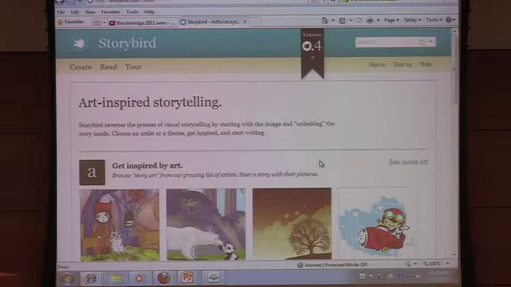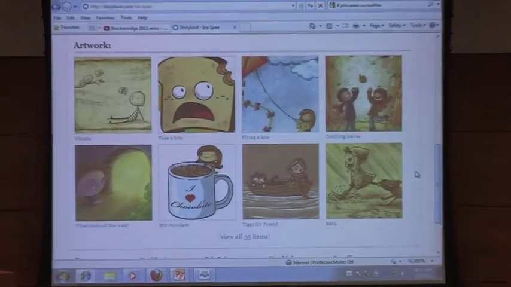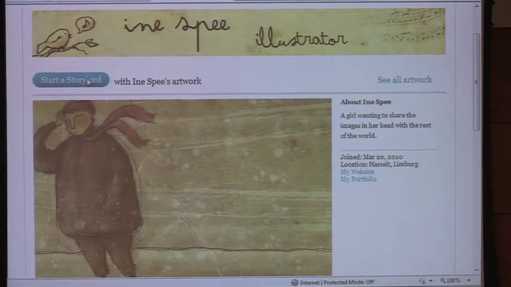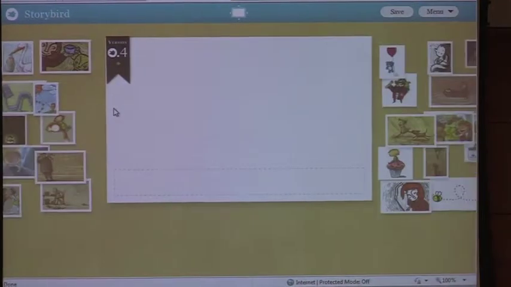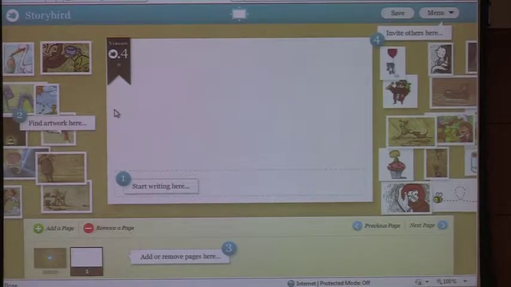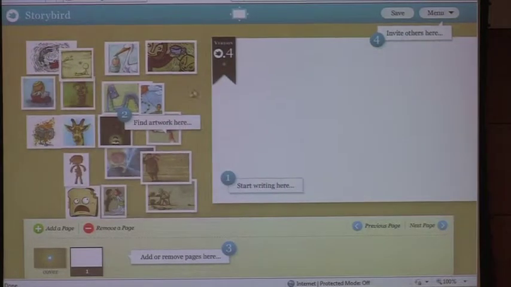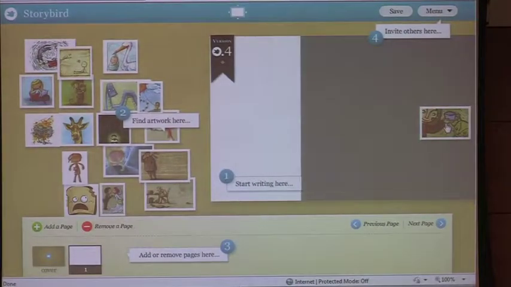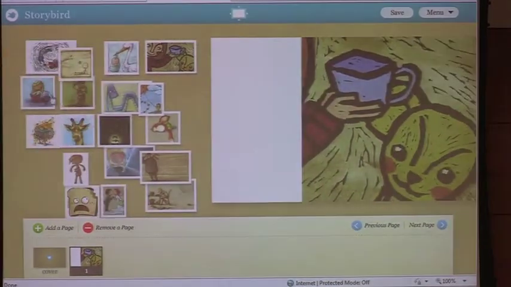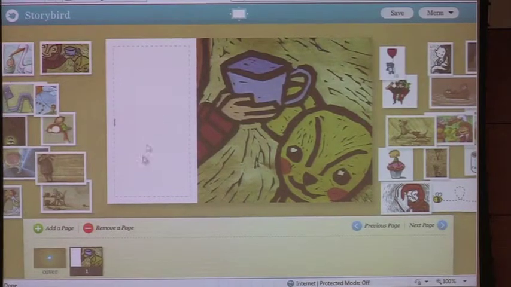So first of all, you would pick some type of artwork. I don't know, this pirate looks kind of fun today, doesn't he? So this would be the type of art, and do I like that? Yeah, I think that looks just fine. And we'll start a Storybird with this type of artwork. So I've picked my art. Now I have to think about my story. And remember, I'm composing. So I'm thinking in terms of art, I'm thinking in terms of the storyline, and how do I pull that together? So any of these pictures that I like, I just pull over and drop. If I want it on this side, I can drop it. And then I can just click and do my writing on the other side.